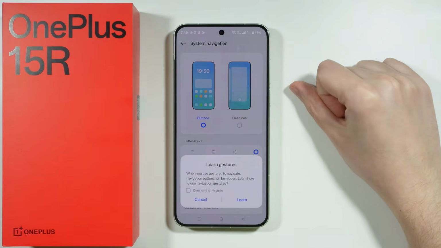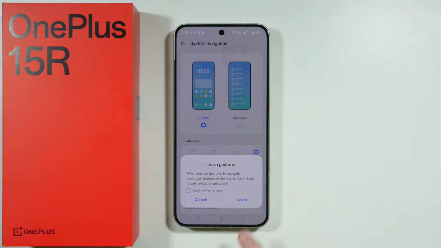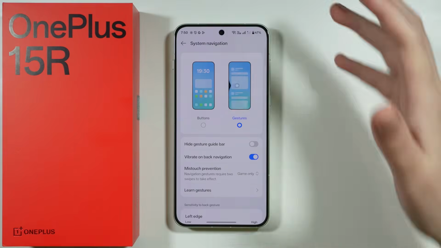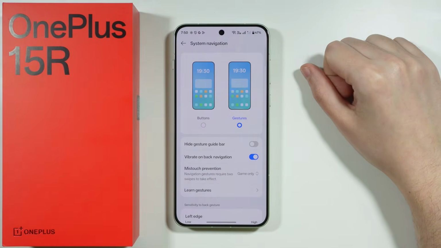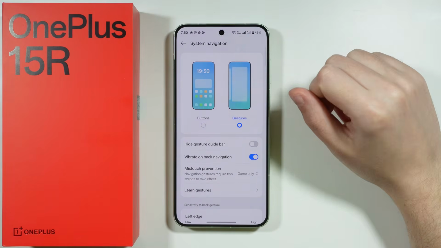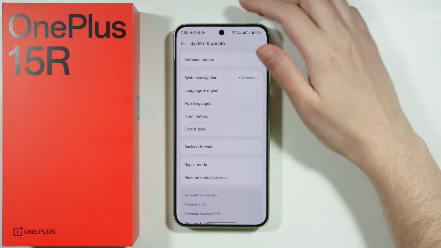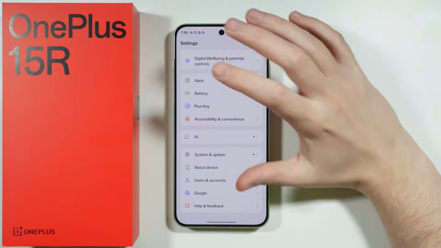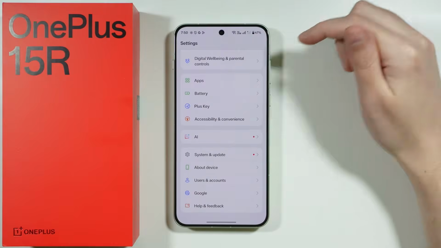For gestures, if you don't know how to use them, then your phone actually teaches you. It shows you how to actually navigate on the phone with gestures, so be sure to check that out if needed. Besides that, we're gonna go back to system and update in a second, but first